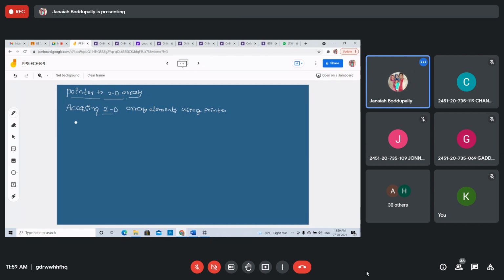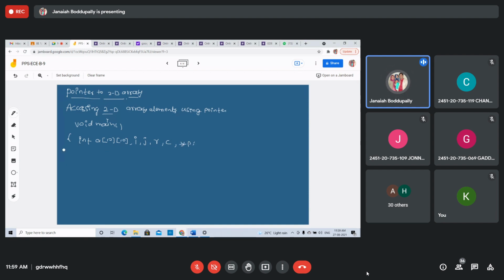Let's see the declaration. Void main. See this, declaration of two-dimensional array: int a[10][10], row size 10, column size 10, i, j. Index i is for the row, j is for the column, r is the number of rows, c the number of columns, and the pointer variable I am declaring.